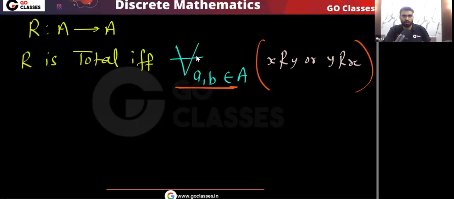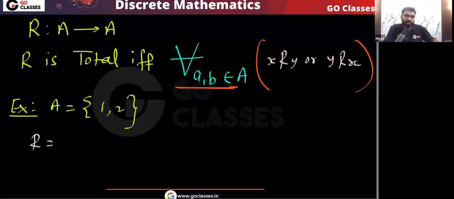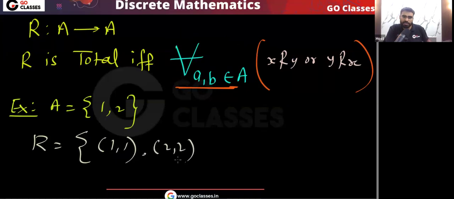Okay. So, is this clear? Now, you can easily see that here, let me give you an example. Let's assume 1 comma 2 is your base set. Then remember your total relation must have 1 comma 1. It must be reflexive, right? It must be reflexive, because if you take the same elements, then it must be reflexive.